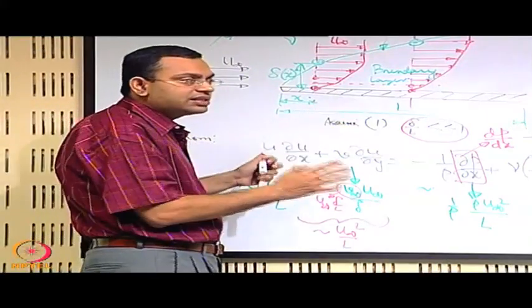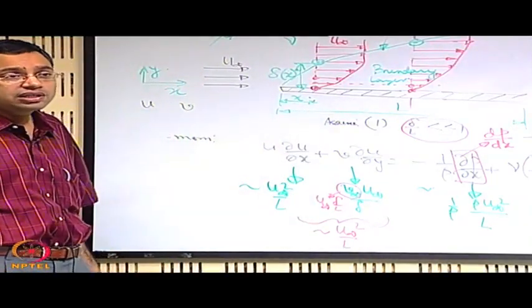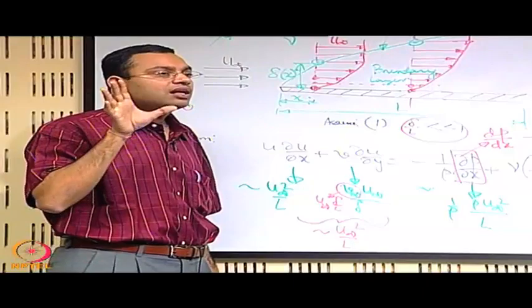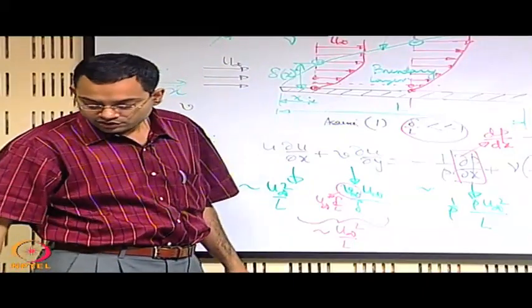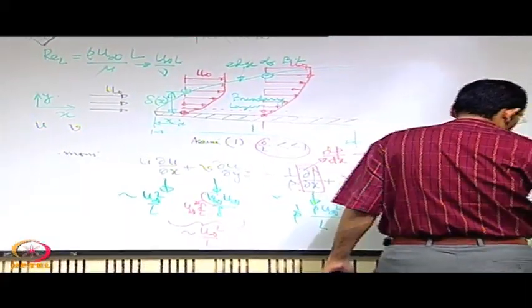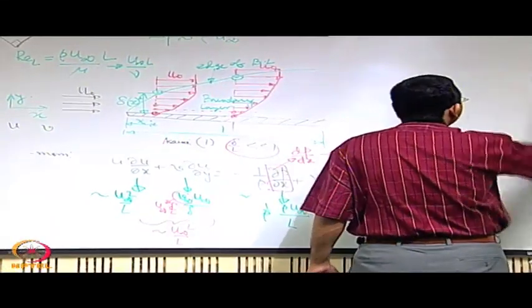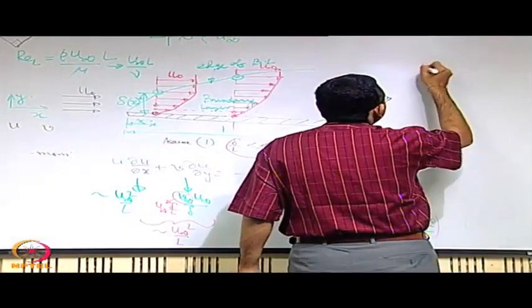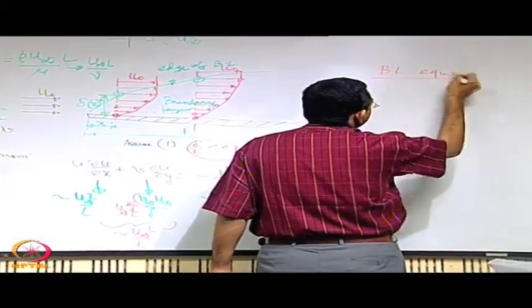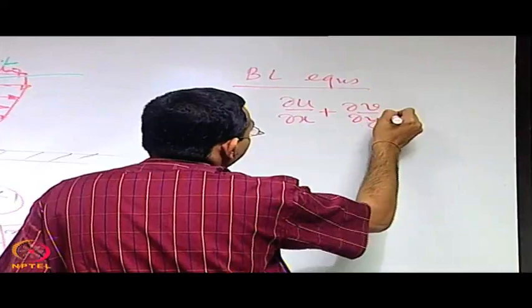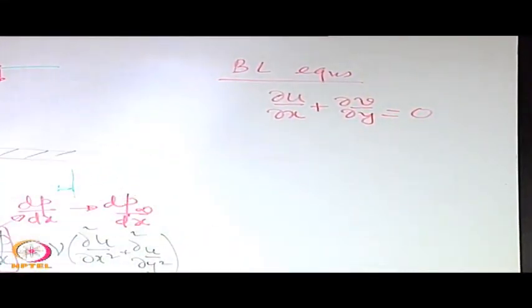but before looking into that example let us summarize the boundary layer equations. So boundary layer equations are simplified versions of the Navier-Stokes equation which we feel that are valid within the boundary layer. So boundary layer equations, that is the summary of the equation. First equation is a continuity equation, that is very important, that has to be there. Again when we are writing the boundary layer equations under the assumptions that we have already described. X momentum equation,